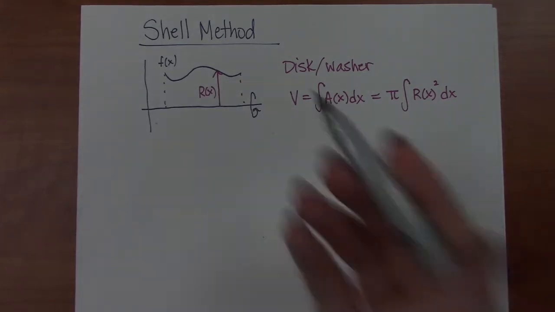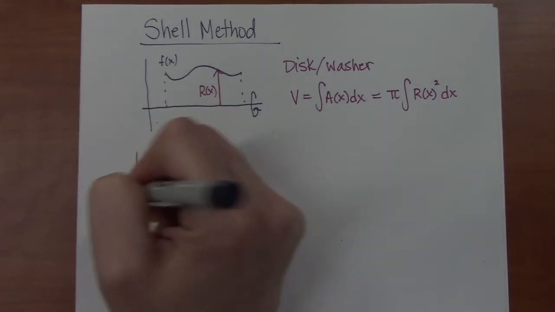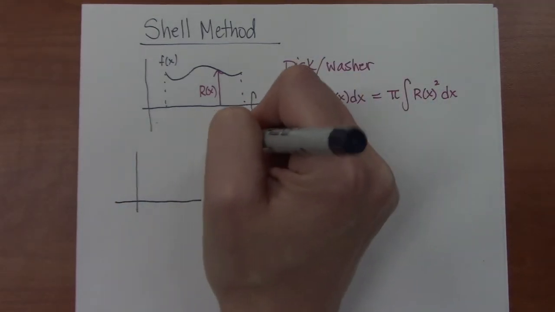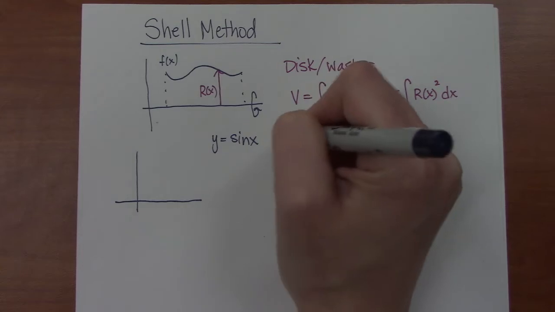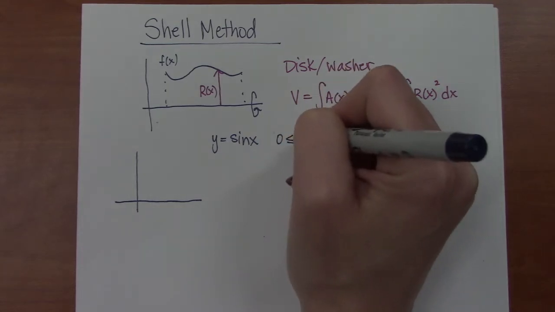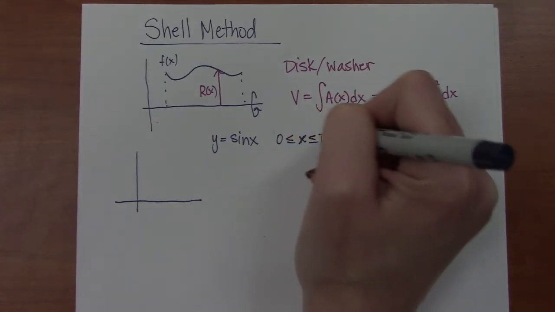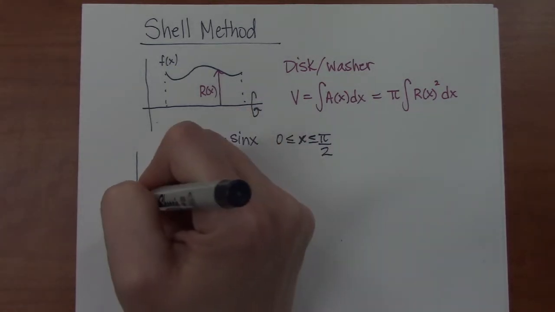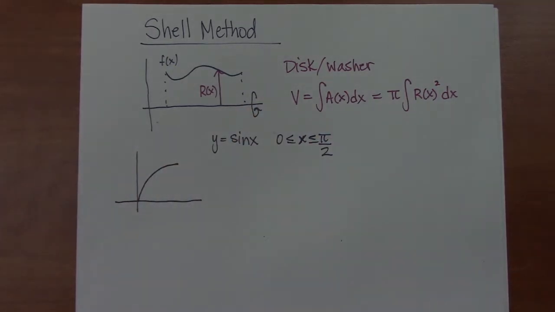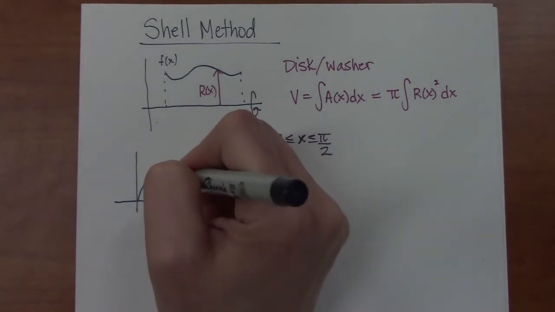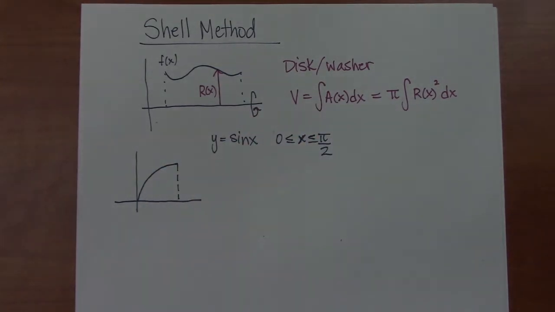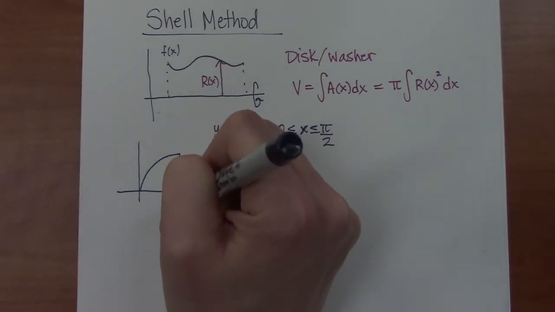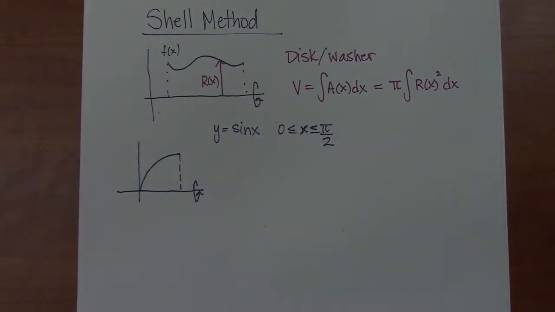So let's look at something really simple. Let's look at the function y equals sine of x from 0 to pi over 2. So sine of x goes through the origin, and it hits its peak at pi over 2. So the region in question is this. And if I want to spin this around the x-axis,